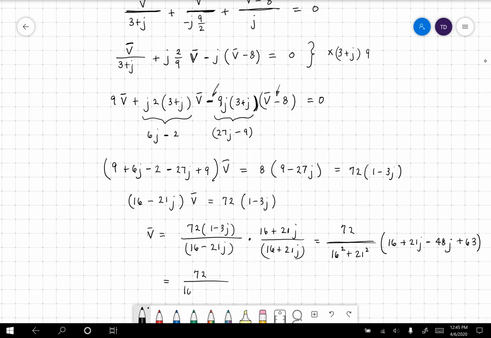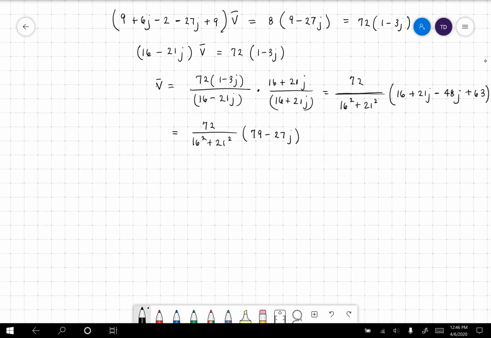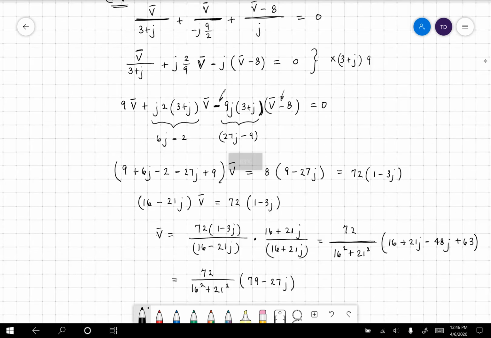Over 16 squared plus 21 squared, times, let's see what we have in parentheses here. So real numbers, 16 and 63, 79. 48 minus 21 is 27, minus 27j. And these are just numbers. Don't get caught up with the numbers. They're just numbers. Okay, that's V. Now, we want